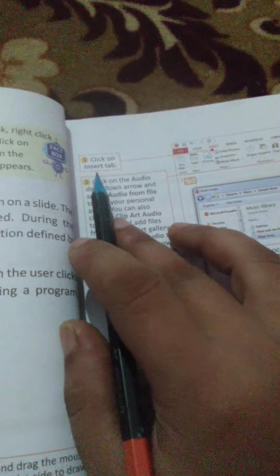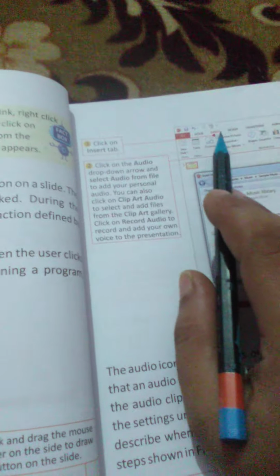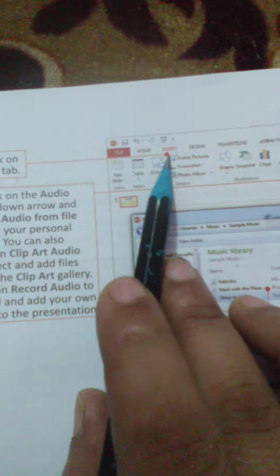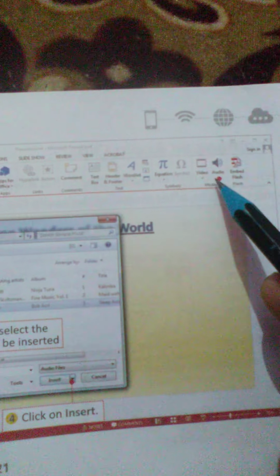here. The first step is to click on the Insert tab. You have to go to the Insert tab, and at the end of this ribbon there is the Audio option. You can see the icon of a sound speaker. You have to click here. As you click here,